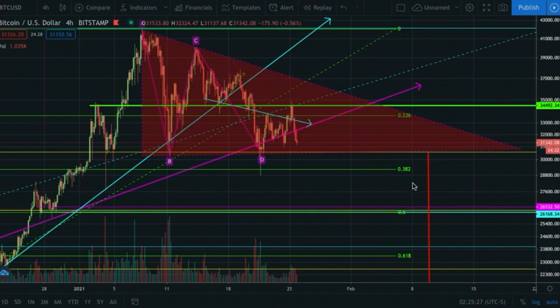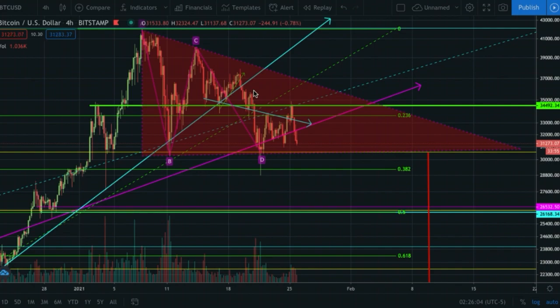All right, we're going to get started on Bitcoin. Everybody knows that for quite a while now, everyone was looking at this symmetrical triangle. I called out very clearly exactly what was going to happen based on previous experience: we would have a symmetrical triangle shaping up, and then eventually everybody was going to get bullish and think it was a flag breaking to the upside, and then we would actually break to the downside, put in a flat bottom support, called out the exact flat bottom support ahead of time, which we did bounce off of. We then came back up and tried to get a retest off of the median line.